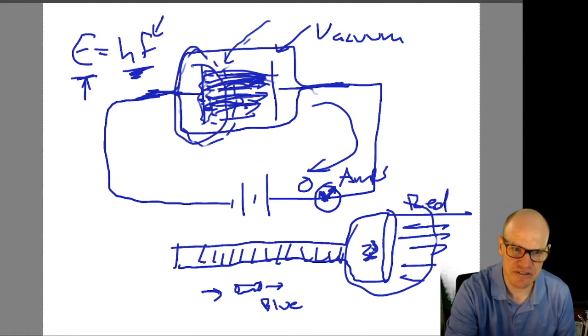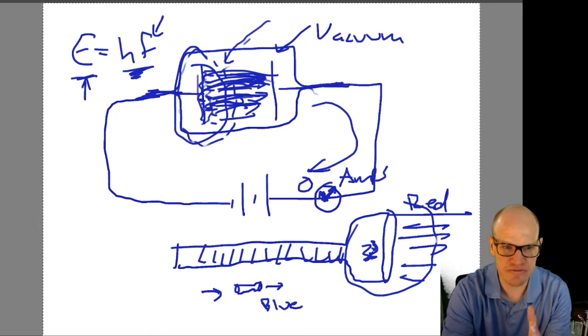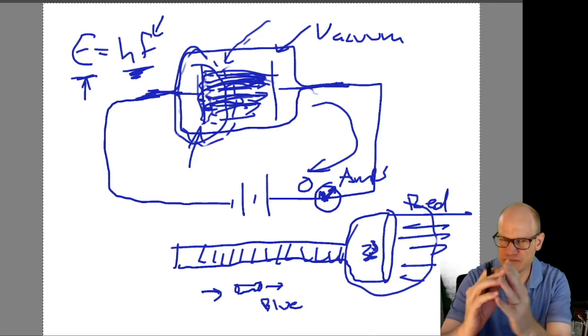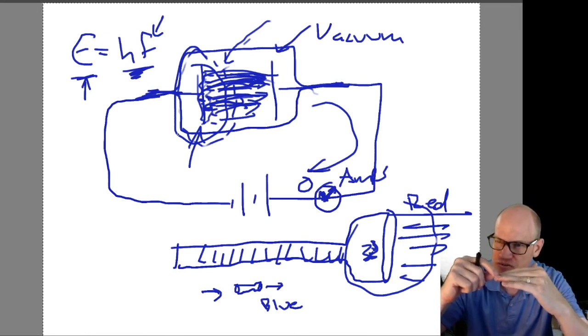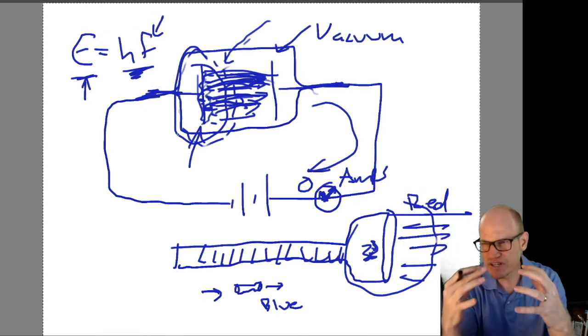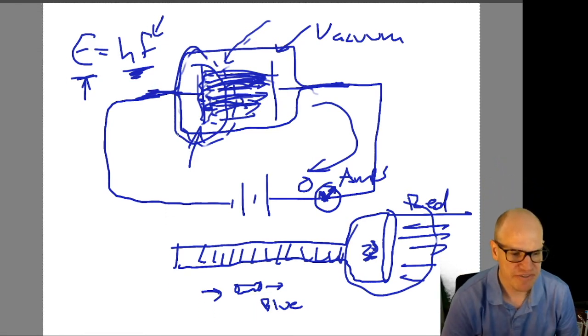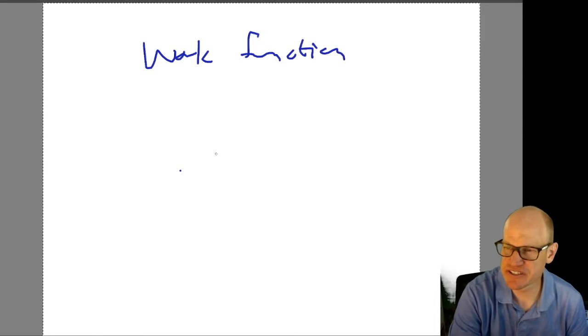Now, each substance here is going to have a different energy associated with it. The electrons in the surface of this plate here are going to depend upon whatever that material is made of. You could have a material where the electrons are very, very weakly bound to the surface, and therefore it's easy to knock them off. Or you could have a substance where the electrons are tightly bound to it, and it takes a lot of energy to knock it off. And that is where the function, it's called the work function. The work function is the amount of energy that it takes to dislodge